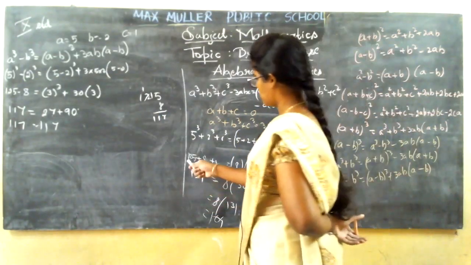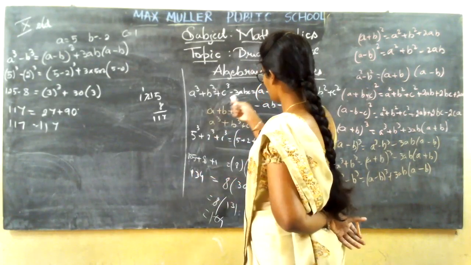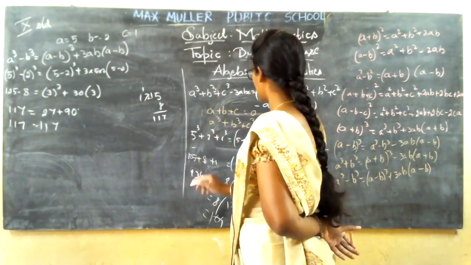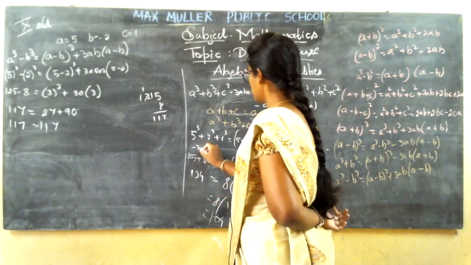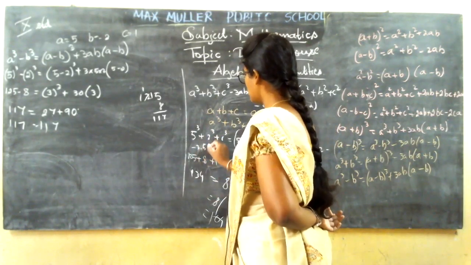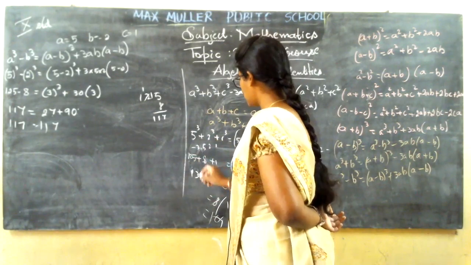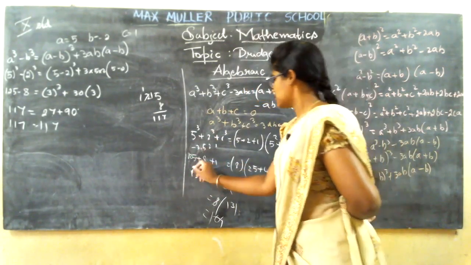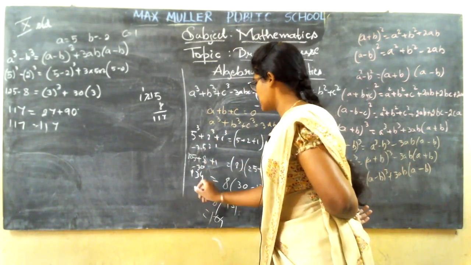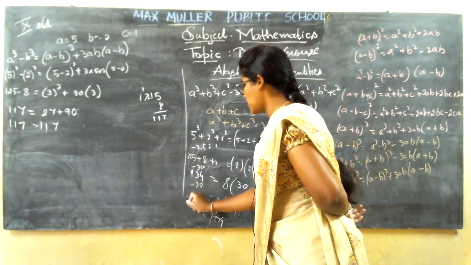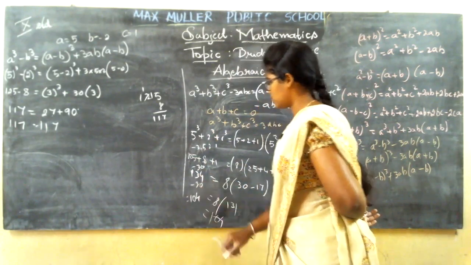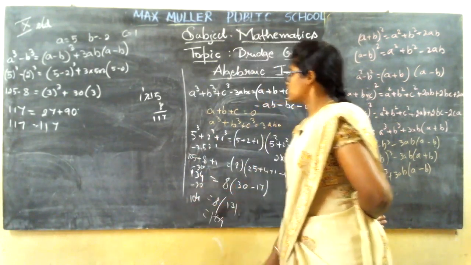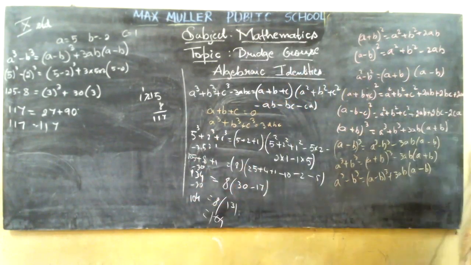It might be here itself. Minus 3abc I have missed. So 3 into 5 into 2 into 1. So 5 2s are 10, 10 1s are 10, 10 3s are 30. Minus 30, so it is minus 30, you get 104. That's what I told, something is missed. So it is minus 3abc.